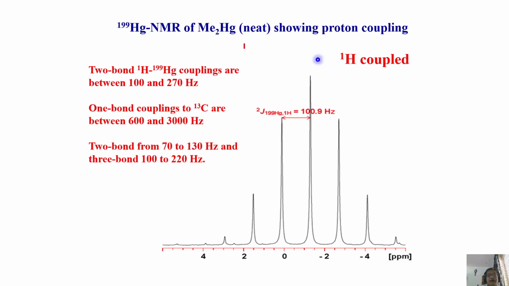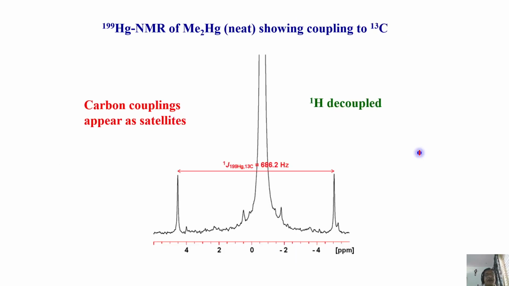If I do mercury NMR with proton coupled, you are going to get 1, 2, 3, 4, 5, this many peaks. Why? Remember, it is coupled to two methyls. Each methyl is going to split this into a quartet, and each line of that quartet is split into another quartet, because of another Me2. As a consequence, you are going to get 1, 2, 3, 4, 5, 6, 7, a septet, which you worked out earlier. Remember, this is the pattern you are going to get.